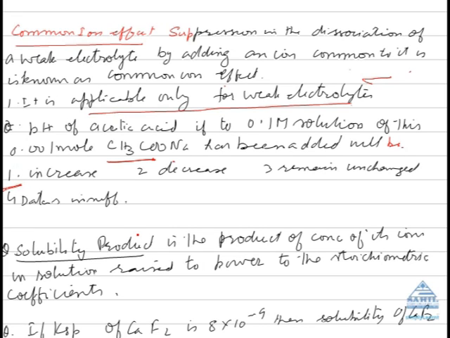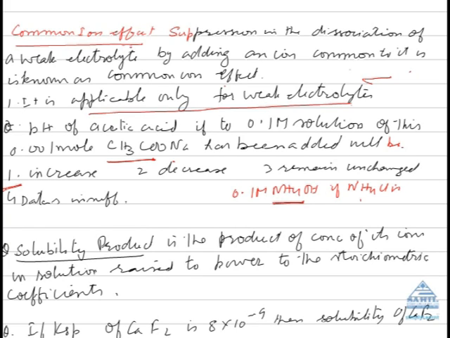Now in the same way, he can ask you, to a 0.1 molar solution of ammonium hydroxide, if NH4Cl is added, then what will happen to the pH? So naturally dissociation of ammonium hydroxide will decrease due to the common ammonium ions. Hence its pH will increase. Because the concentration of OH ions will decrease. That is to say, H ions will increase.